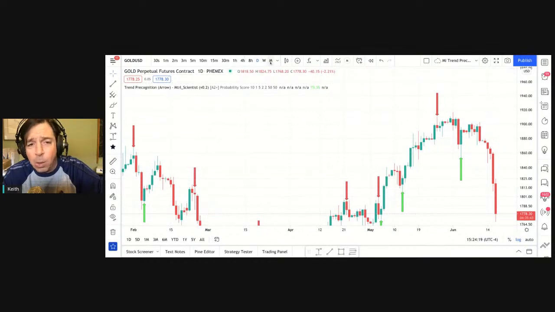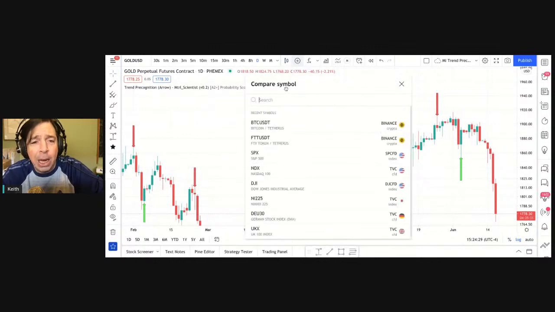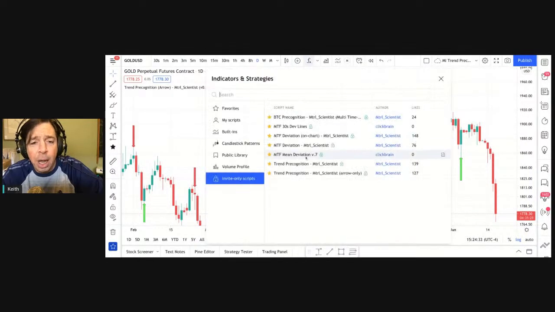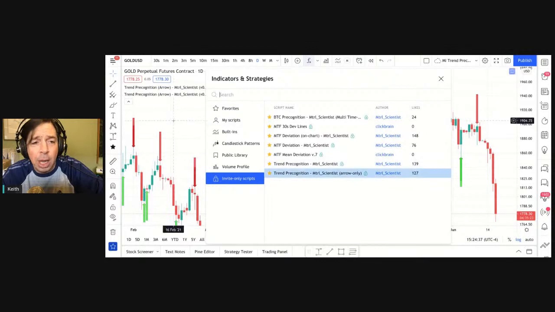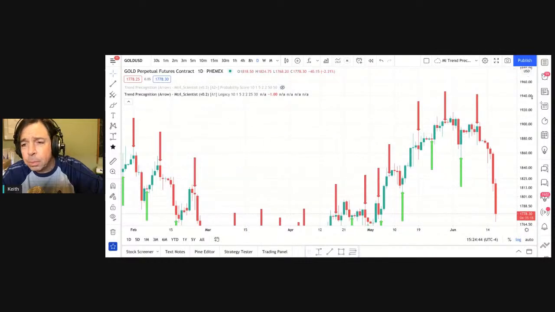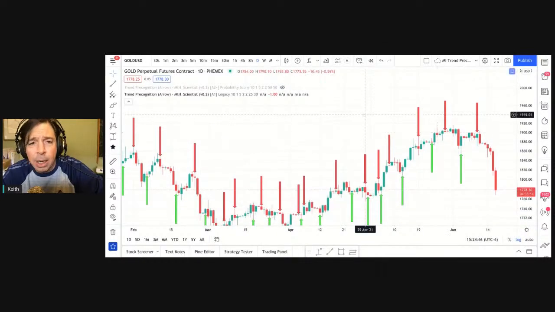When you're going back to daily, weekly, monthly, I would use the default settings. So I'm going to show you how you can have multiple setups on your chart so you don't have to keep changing the settings. I'm going to add, not a simple comparison, I'm going to add another indie. And again, you can add these as many times as you like to the chart. Okay, so here's my default settings to look at the longer time frame.